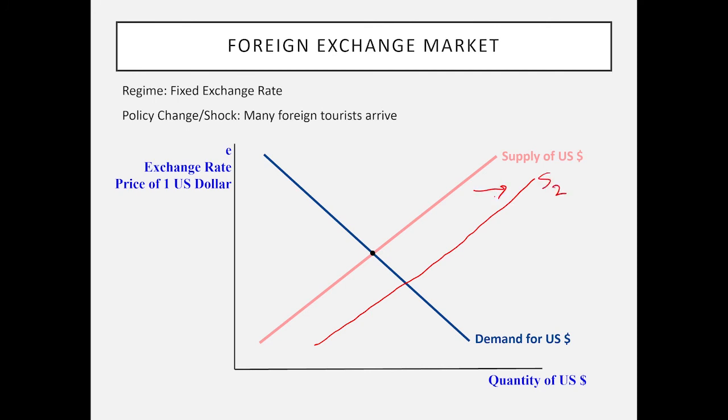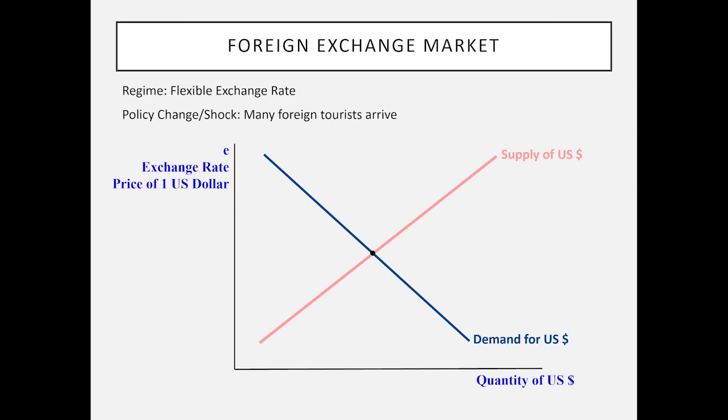Now, if this is a fixed regime, you'll notice that E would decrease down here. But since it's fixed, the central bank must intervene to maintain the exchange rate. One way of doing this would be to buy up these new US dollars by shifting the demand curve to the right, so that, in effect, the exchange rate remains fixed. So this is the first move because of the tourists arriving with US money. The second move is the central bank intervening in the foreign exchange market. This is due to a fixed exchange rate regime.